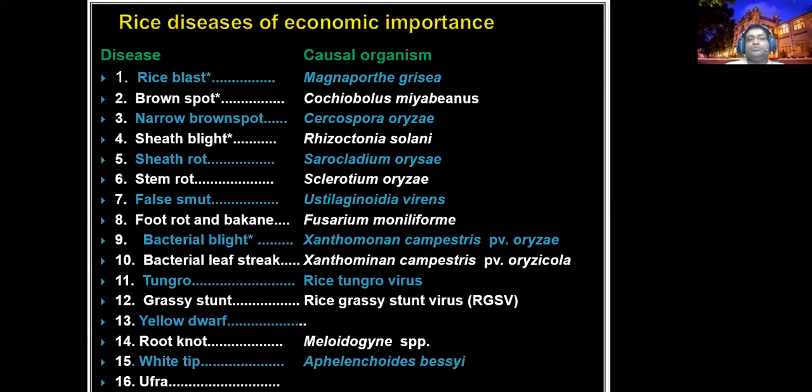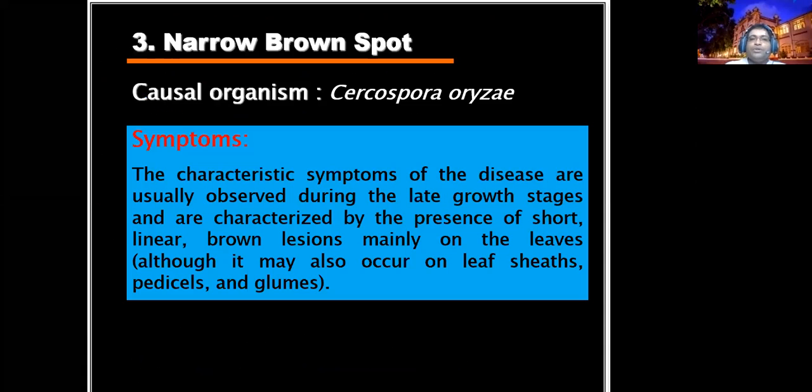So today's class we are going to continue with the third economically important disease, the narrow brown spot, right? This narrow brown spot is often confused with the brown spot disease of the rice, but it is not as severe, because if you take any management aspect to control or manage the brown spot disease, you can easily manage the narrow brown spot disease,